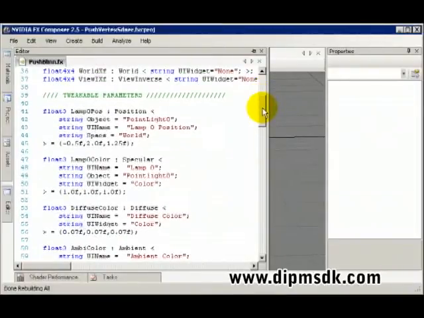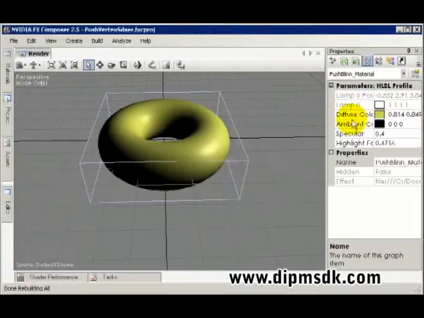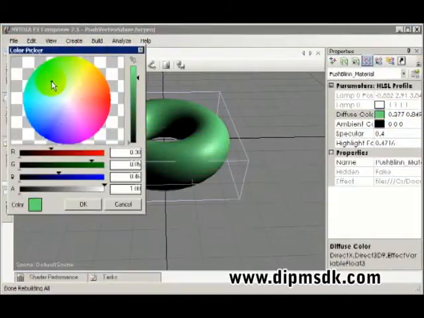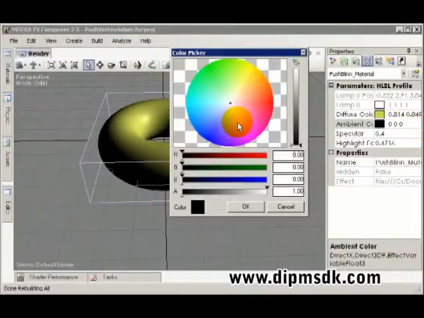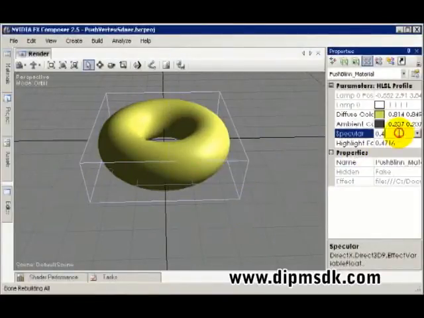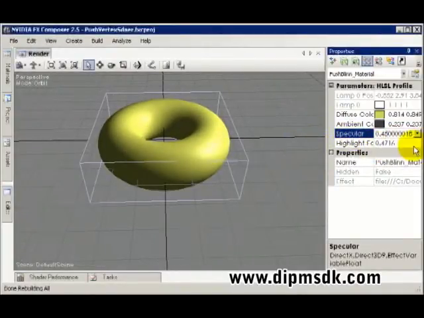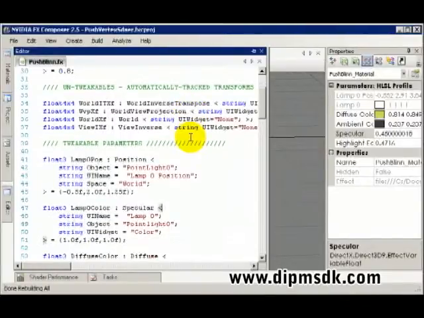It is taking parameters like the lamp position, and it's taking the diffuse color. So if we change the color, you can see the diffuse color gets changed. It's also taking the ambient color, so if we change the ambient color, it will affect the ambiency. And we have other material related things, but this time we are mainly interested in the vertex deforming. So we'll go back to our push blend FX shader, vertex shader